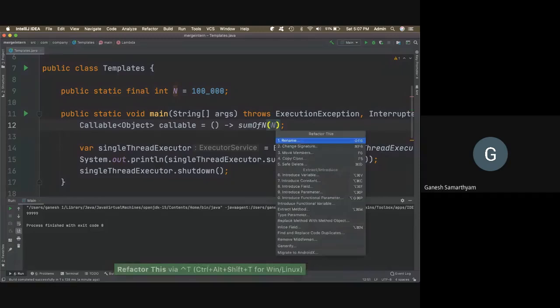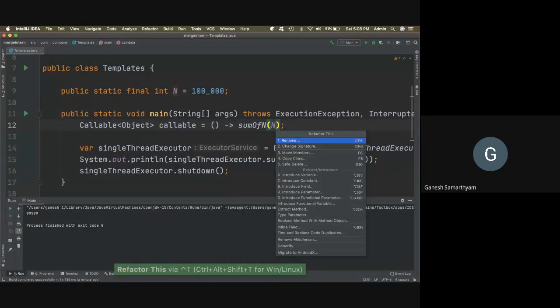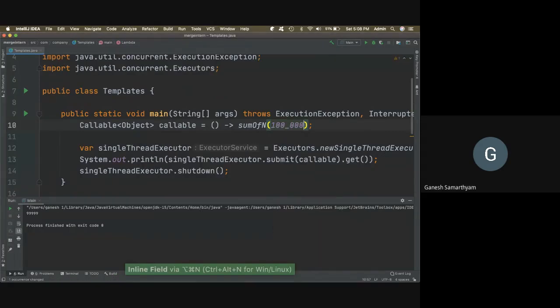Control T, and we should be able to refactor this, right? So if you want to select, for example, inline it, we can do Control T, and we can choose the inline option, right? So you are able to undo it.